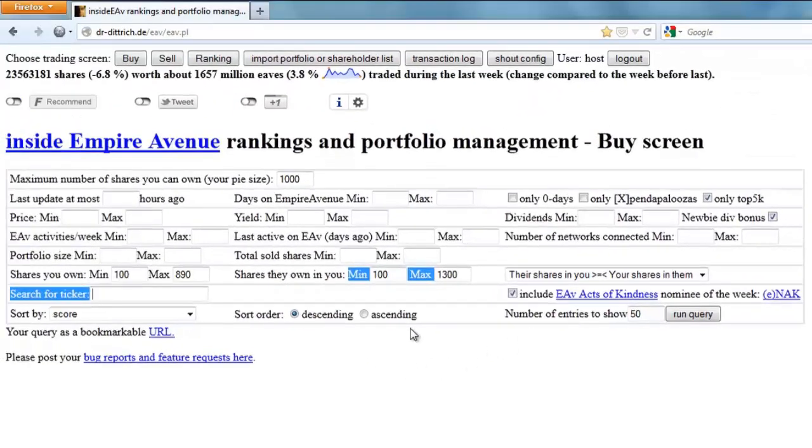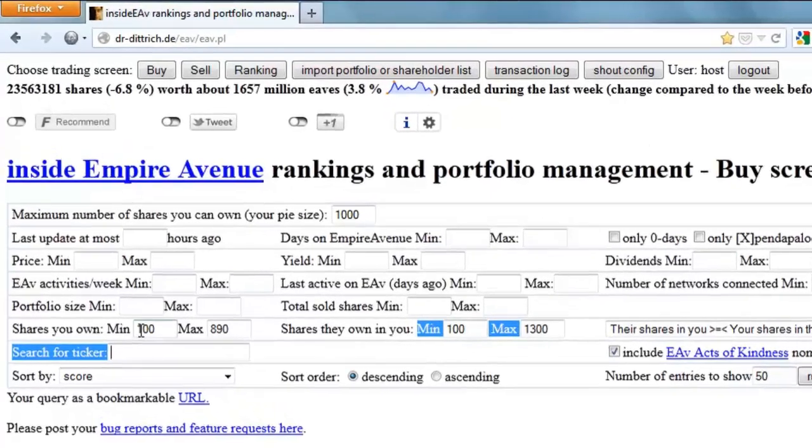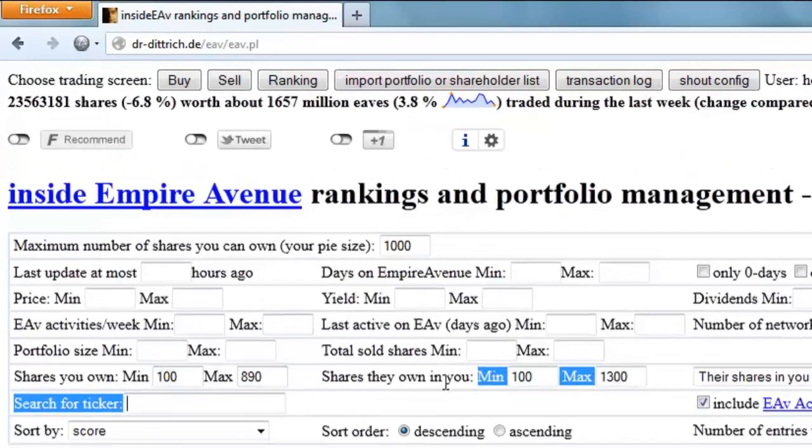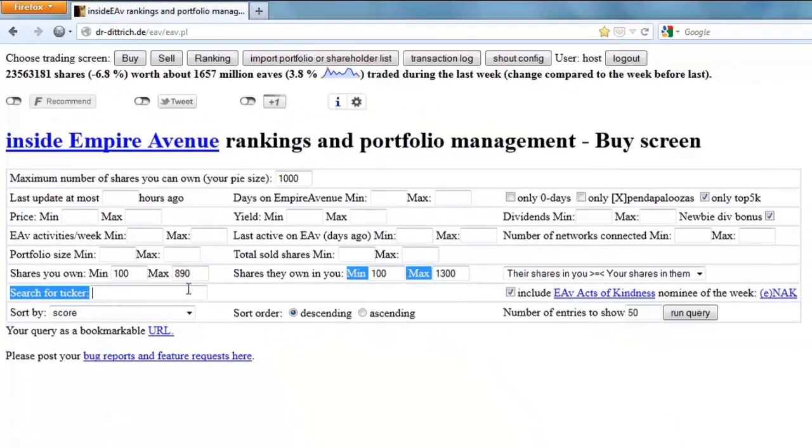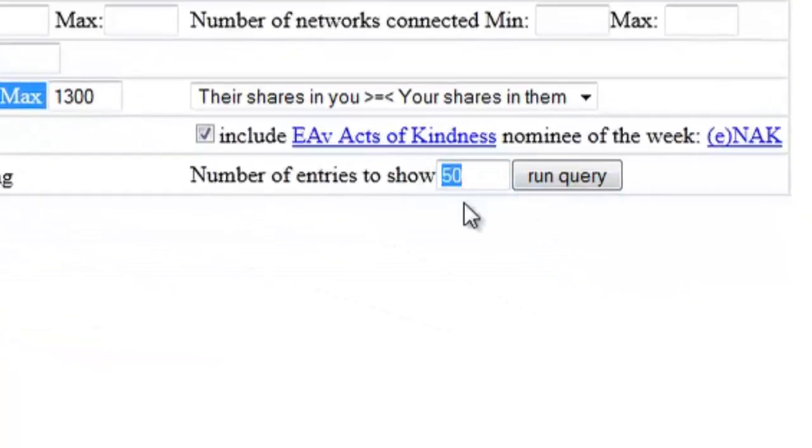So all I've done is I've just checked only top 5,000. I did shares I own 100, max 890. Shares they own in me 100, max 1300. I just do dividends. That's it. I'm just trying to make some more divs every day. And in this field, you're actually not limited to 50. So I'm going to go ahead and do 250